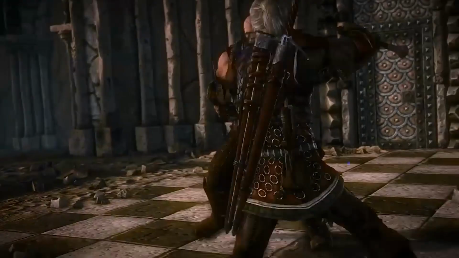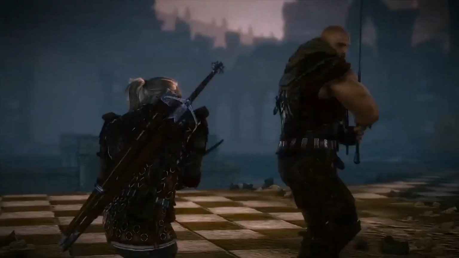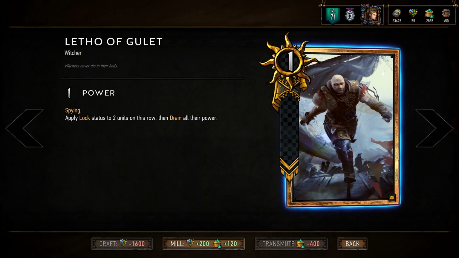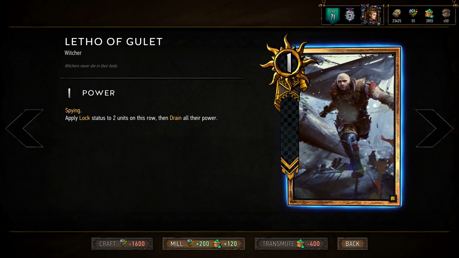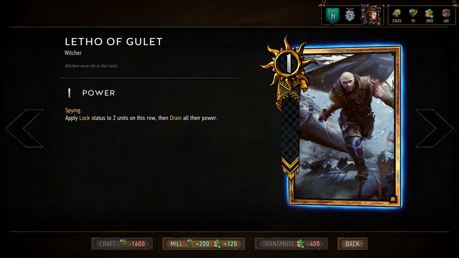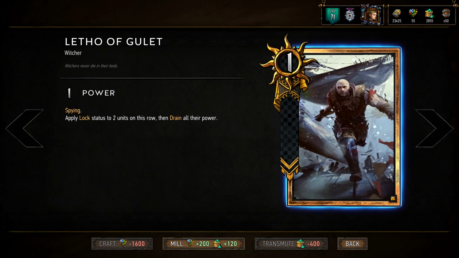Depending on your choices in The Witcher 2, Letho will meet a very different fate, and he may even reappear in The Witcher 3. In Gwent, he's a spying unit who will lock two enemies on the same row and then drain all the power, which will kill them and make Letho a big, badass boosted unit. Without any additional interaction, he's not very useful, but there are quite some cards that can really turn the game